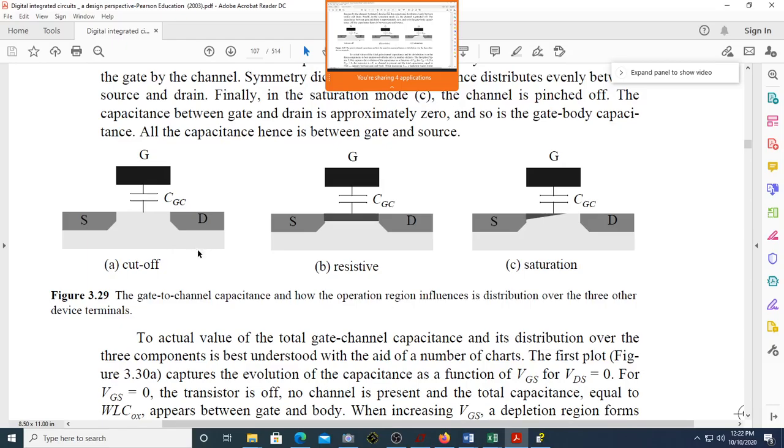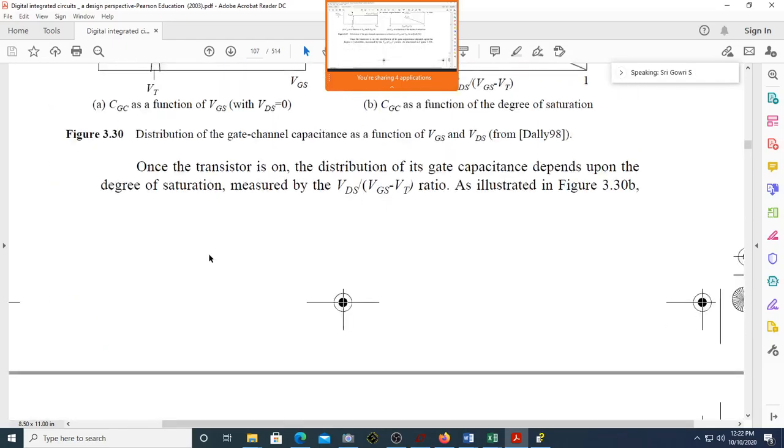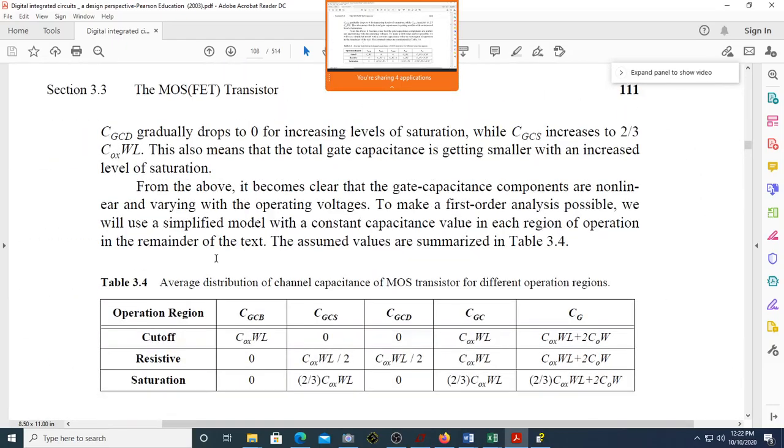So what is that capacitance value? Can I write that capacitance value as Cox into W by L? Now you can see it is Cox into W by L. It is the entire gate and the channel. See, it is not that XD is not there. So let me just go to